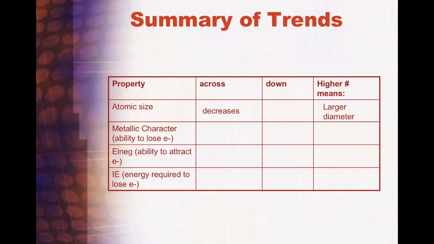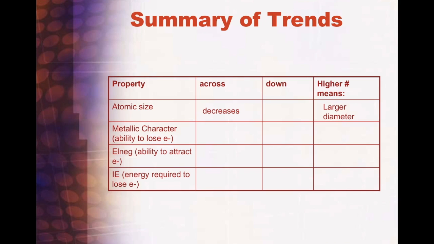Going across the table, atomic size decreases because the electrons within the valence shell are all in the same valence shell, so they're not really further out, and the valence shell actually gets pulled closer to the nucleus because the charge of the nucleus increases going across the table, which pulls the negatively charged electrons